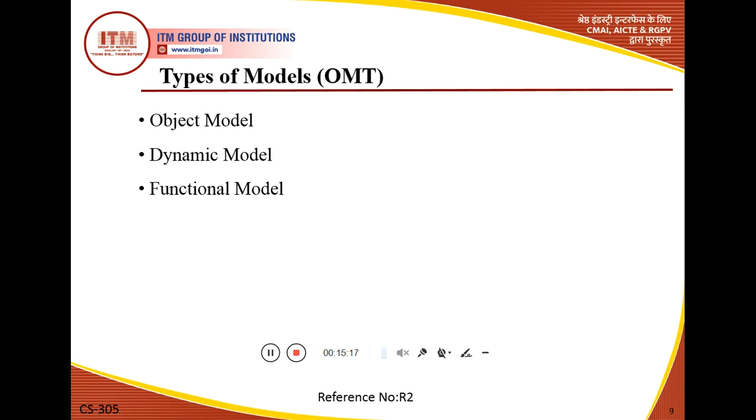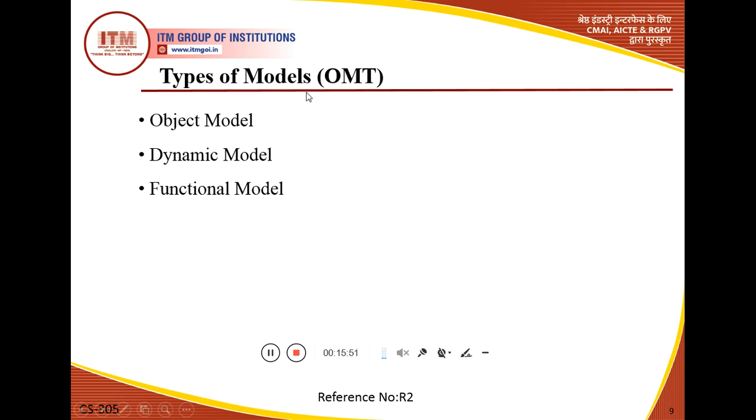Now, which type of diagram will be used to represent the functional model? The functional model will be represented by the data flow diagram, and in short we will call the data flow diagram DFD. So DFD shows the relationship between the values in a computation. This diagram is also called a graph of process. According to the process we will design a graph, and that particular graph is called DFD.